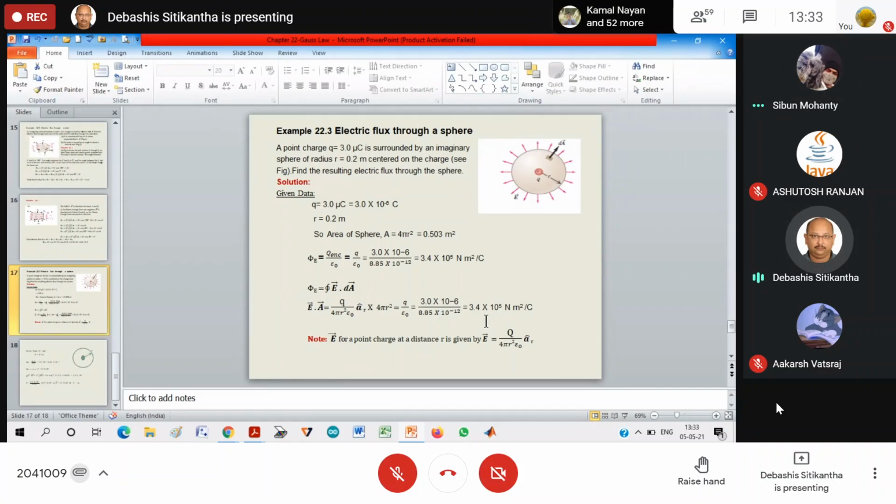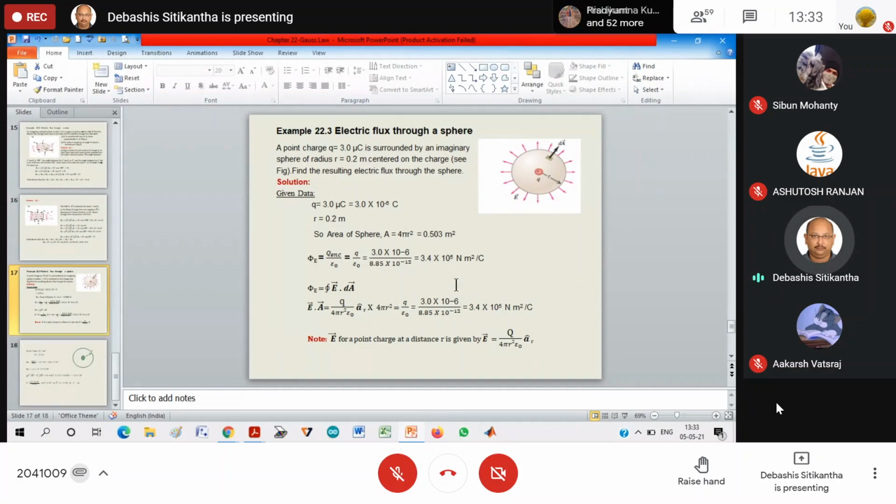I could understand what you are telling. That's correct. I was making a mistake: I was taking the 9 into 10 to the 9 in the denominator, but it is in the numerator. I hope everybody has understood it. I am thankful to you. You approached in a different way by making use of 1 by 4 pi epsilon 0 as 9 into 10 to the 9. That's also a correct one. There are multiple ways you can approach. You have all the liberty, all the freedom to apply your own method, it doesn't matter.